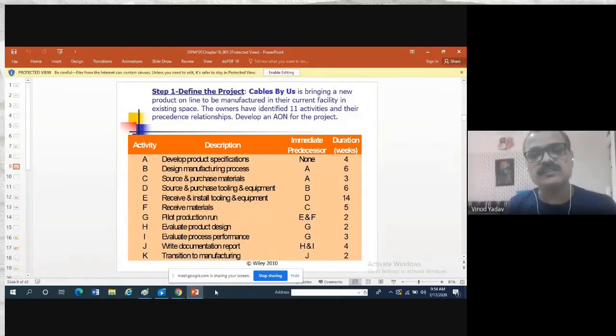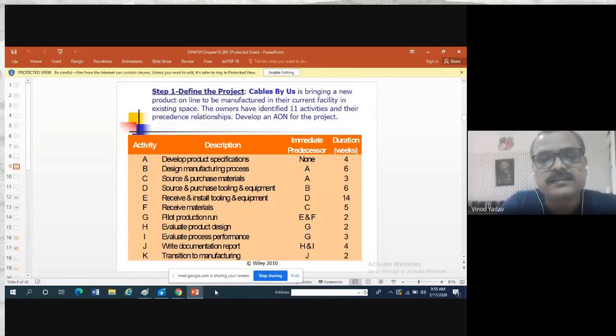Now the next activity is D. D is source and purchase of tooling and equipment, which depends on B, because you have defined your manufacturing process, from where we have to buy it and how to buy it. It has a predecessor as B, and it requires 6 weeks.